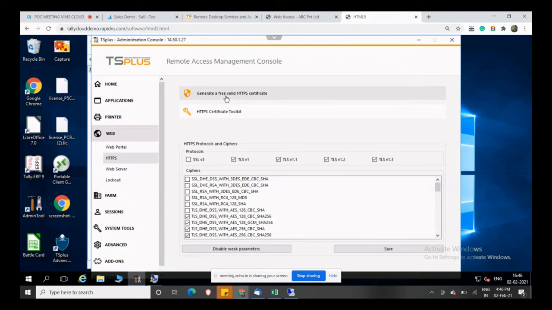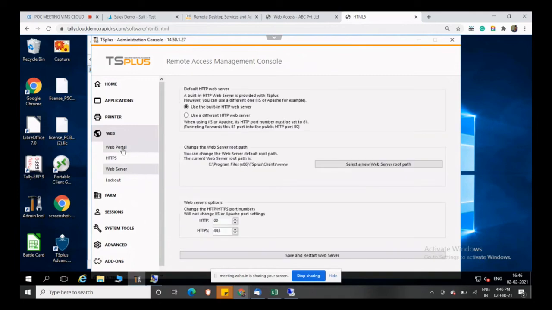Once you configure it initially, as of now we have already configured SSL. You can bring your own domain name, and we also have our own predefined domain name called RapidNS. This is the default URL. You can bring your own domain name. If you want to install an SSL certificate on the server. This is about the port configuration for HTTPS.